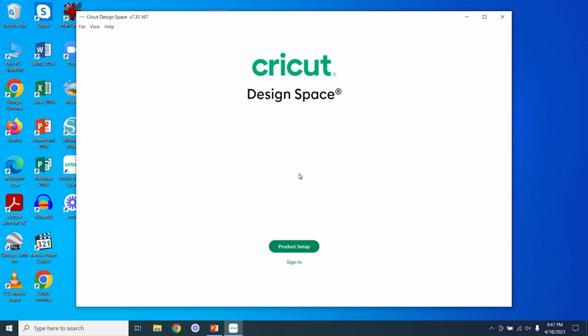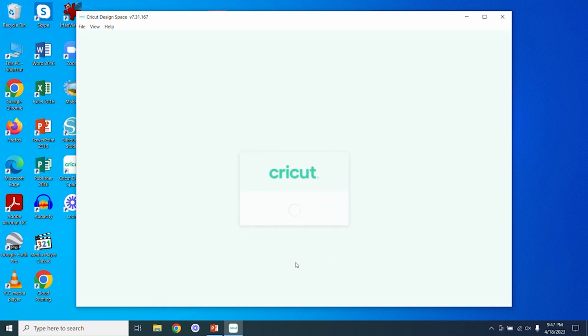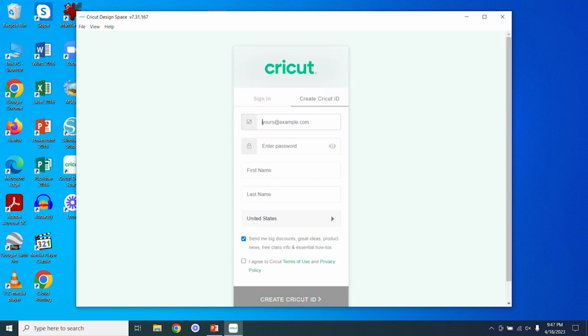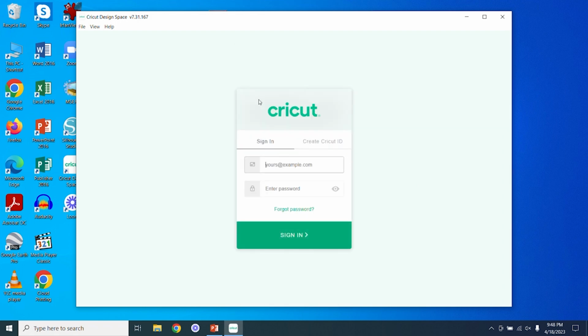So after you're done installing, you should wind up on this screen. And like I said, we're going to focus just on the design software, and we're not going to worry about products or anything like that. So from here, you would click Sign In, create Cricut ID. Go ahead, you need an email, an address, first name, last name, and a country. And once again, you need to agree to terms of use and privacy policy, and it's up to you if you want to see the advertisements or not. But once you're all good, go ahead and click Create Cricut ID at the bottom, and you will wind up at the home screen. I'm going to go ahead and sign in and take us there,